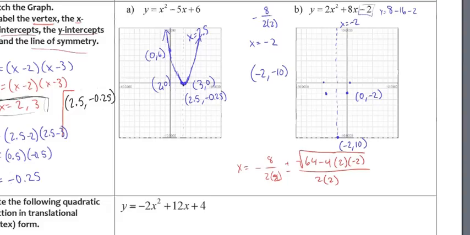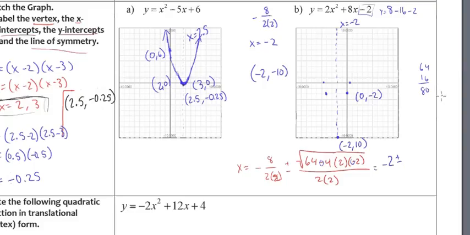Alright, and that gives us, I'm running a little bit short on space, but that's going to give us negative 2 plus or minus. Now 64 minus 4 times 2 is 8, times 2 is 16, so 64, and then plus, because minus a negative. 64 plus 16 is 80,